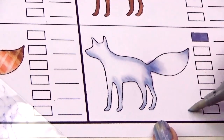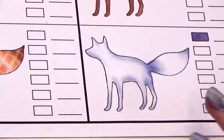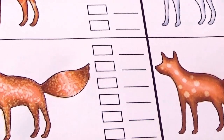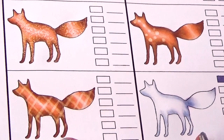And you can even just scribble out your blender pen, make sure that you've got no ink left on it before capping it up and reusing it. So we've used here a whole bunch of different techniques to create some really fun textures. So that's a really good way to start experimenting. This is just giving you a starting point to start learning a little bit more about what you can achieve